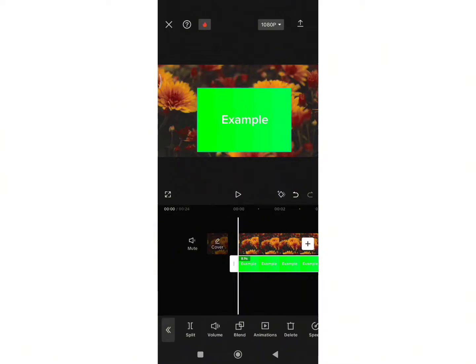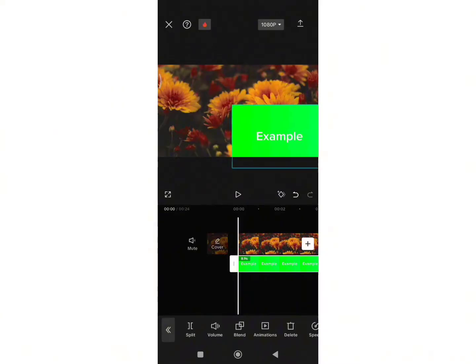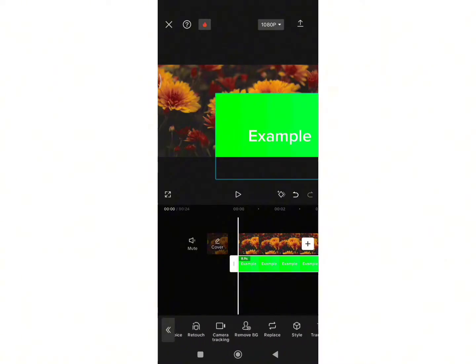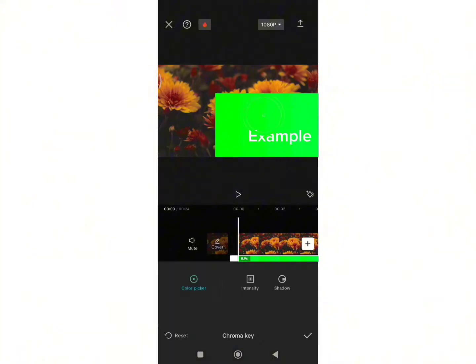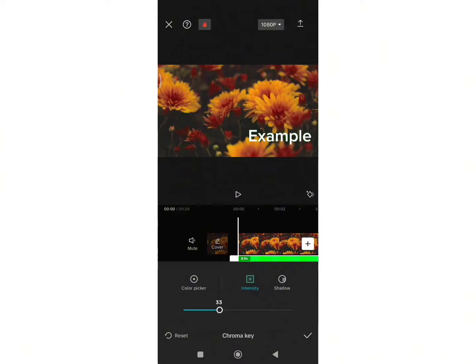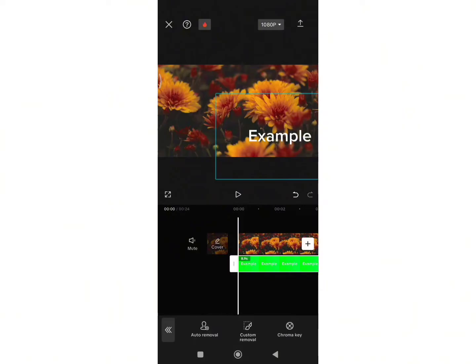Once you add your green screen, again select the place where you want to add this green screen. Now search for the remove BG option at the toolbar. Click on it. Again click on chroma key and select the green color. Tap on intensity and slide the slider until the green color completely disappears. Once you do that, click on this check mark option and again go back to the toolbar and here search